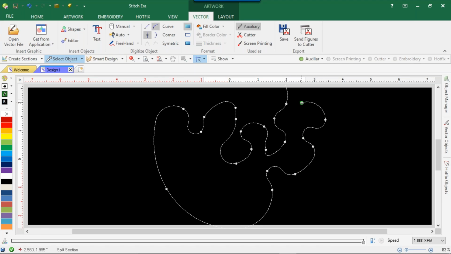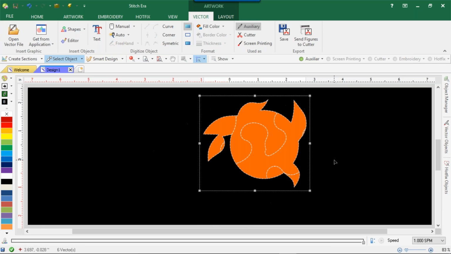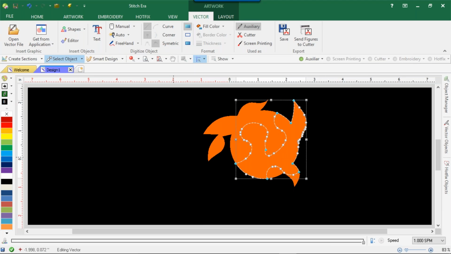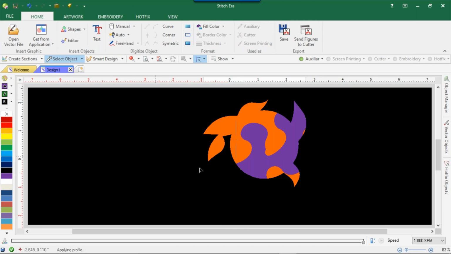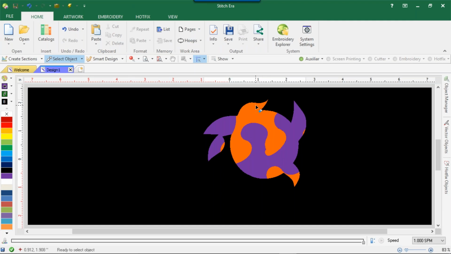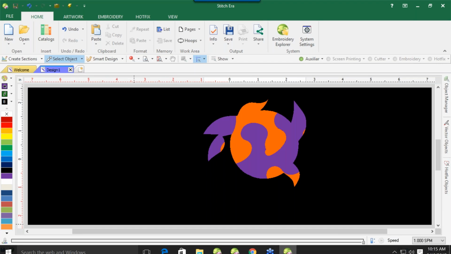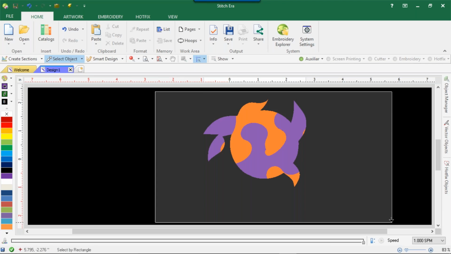Remove holes is available in every version of the software that's ever been out. Now we have two different colors here. Now we could do purple. We actually have several different parts of this image. So we could do something like this. So there's a lot of tools that vectoring gives you, that's going to help you understand as we get into this